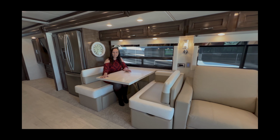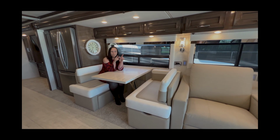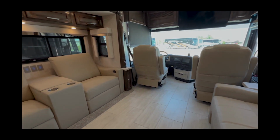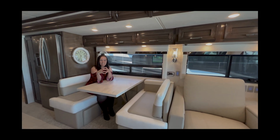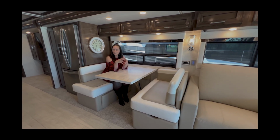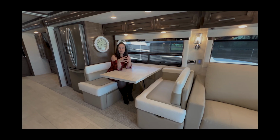You can actually put other guests out to the side here as well, and your front chairs will turn around. So we don't have those showing right now. We can show you that later, or we have tons of pictures on our website. So if you go to transwest.com, you'll be able to see this exact coach with lots of pictures there as well. If you have any questions, you can always feel free to call or text